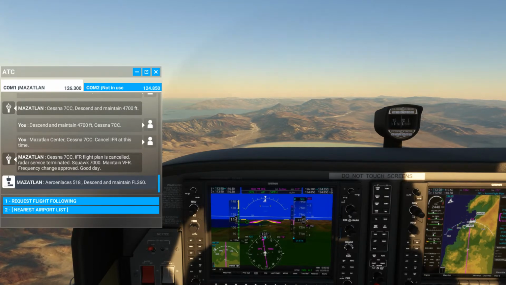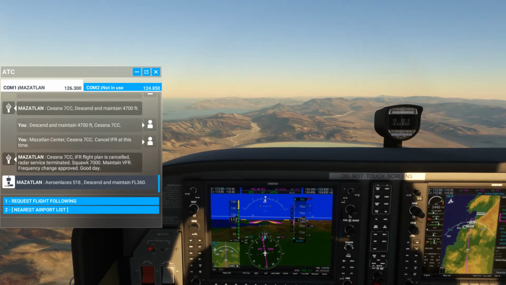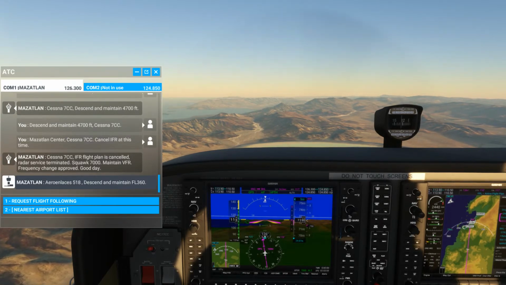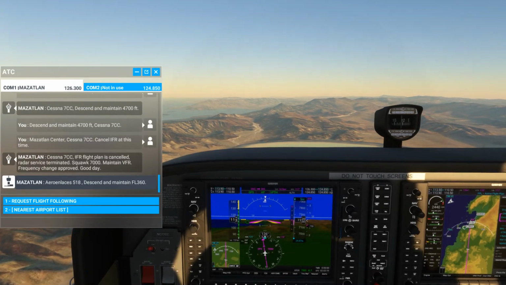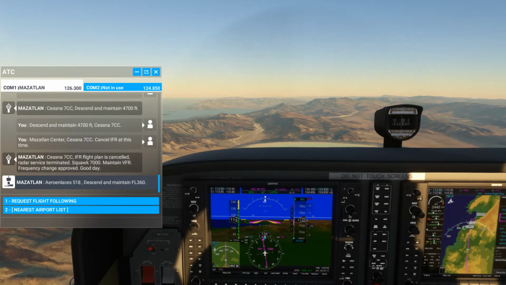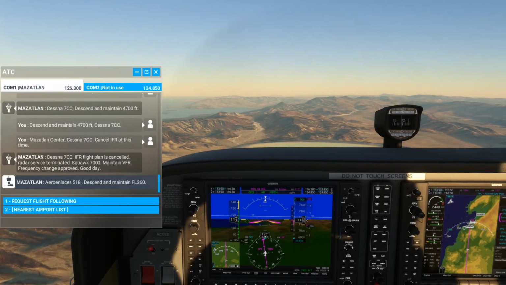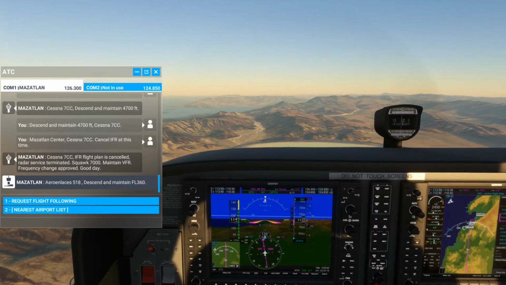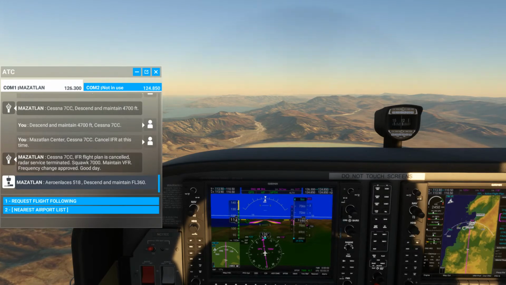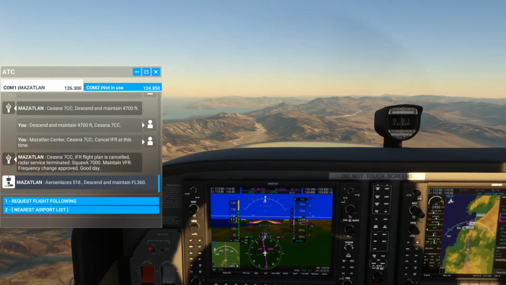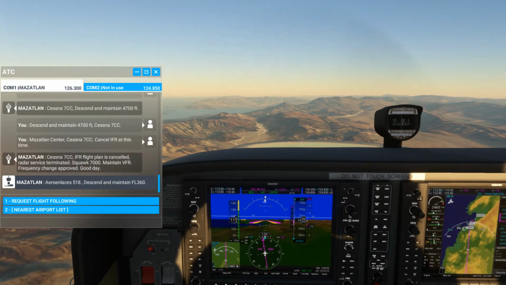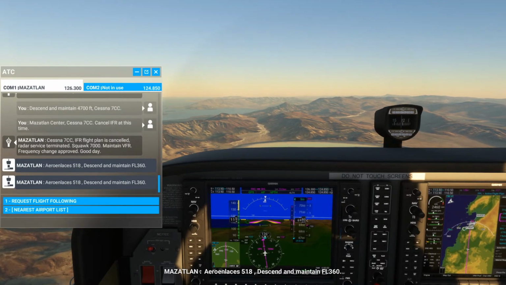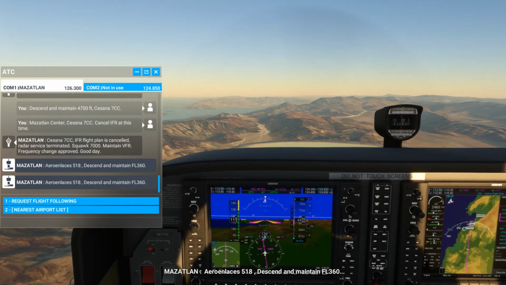Nothing. I was looking on Flight Radar 24 and I didn't see anything there. So that would be A-E-R-O. Looking at Google Maps or Google. Aeromexico. 518, descend and maintain flight level 360.